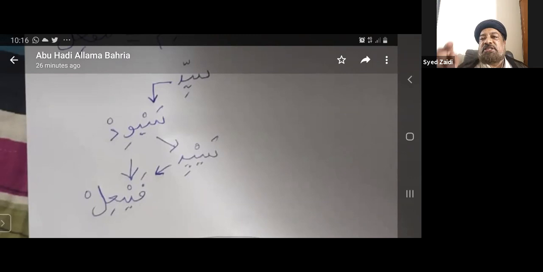The word on the top that you see, sayyid, was originally from the word saywaid, which turned into sayyin. Therefore, we follow the same rule that we refer to the original word, saywaid. So the word scale becomes fa'il. I'll explain again. The word was sayyid, which was originally saywaid,